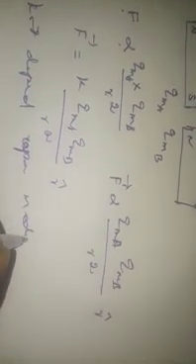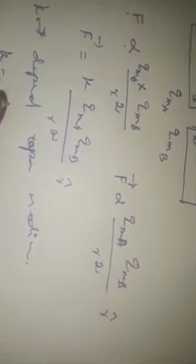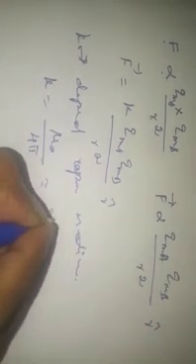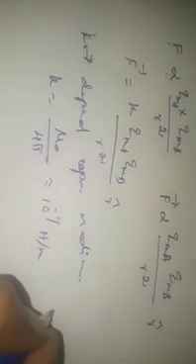Where k is equal to mu naught by 4 pi, approximately 10 power minus 7 Henry per meter. Already we know mu is equal to mu naught into mu r, where mu r is the relative permeability, which for air medium is 1. Mu naught is the absolute permeability of free space. This is the vector form.